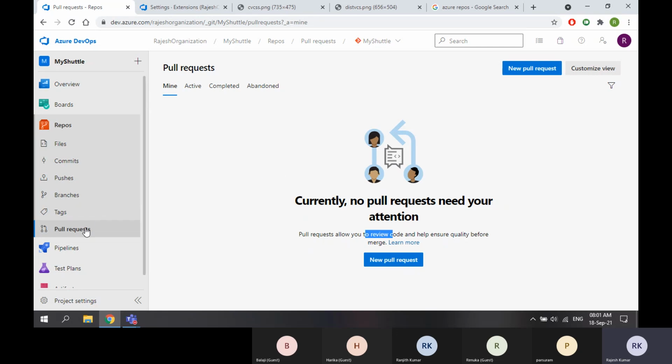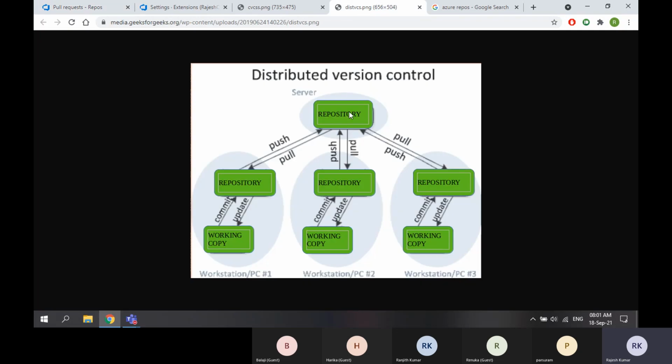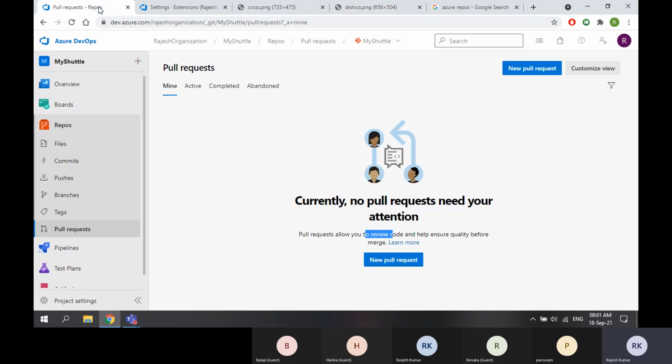So for that purpose, you will raise a pull request and ask him, please verify my source code so that I can push it to the central repository. Okay, I will review and let you know whether it is good or not. If it is wrong, I will cancel your request. If it is good, I will allow your request so that your code will go and sit in the central repository.